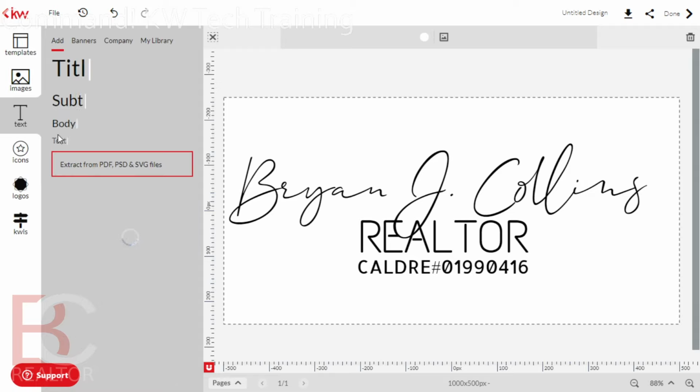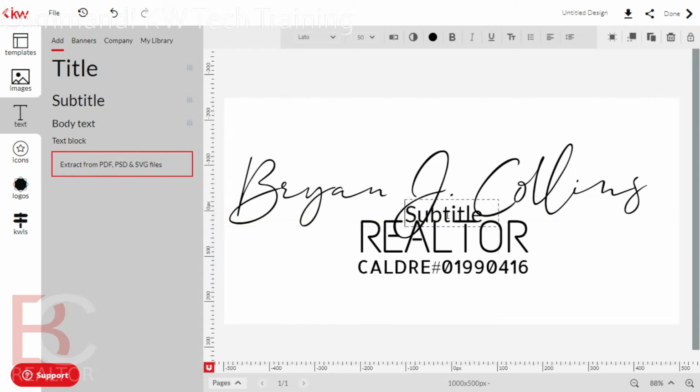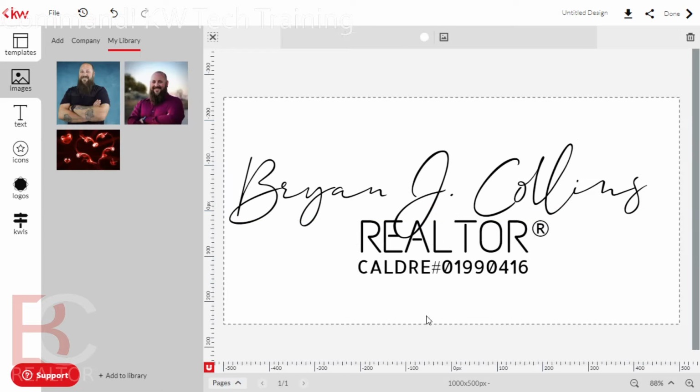I'm going to find the add, and I'm just going to use the subtitle here. And we'll go ahead and Alt 0174. There we go. It gives me just a normal circle R, which I can then line up right there with